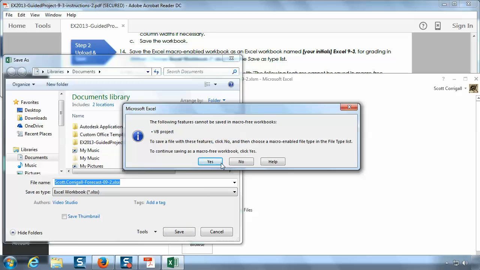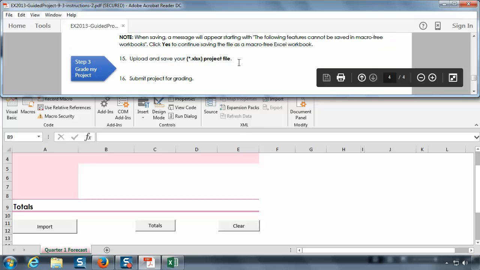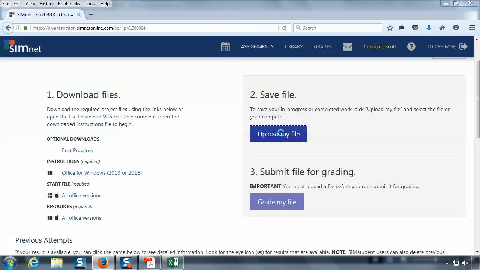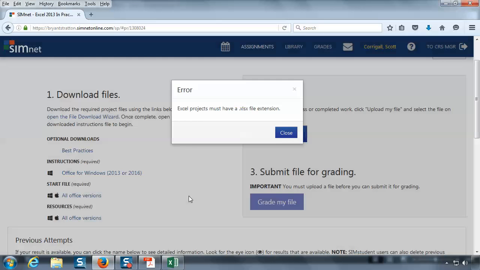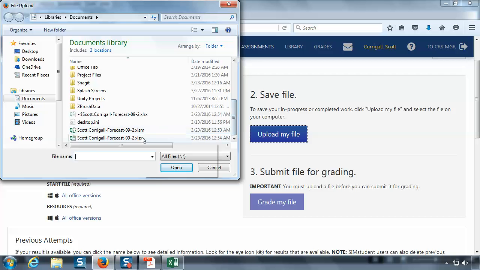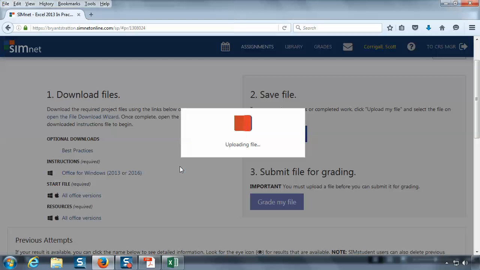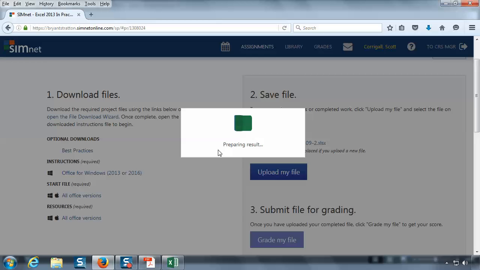So I save it. Gives me a warning that some things can't be done. You just click yes on that. The instructions give you that tip too, to say yes. Now all that's left is uploading and saving. We're done with this project already. I say upload. If I tried to do the XLSM and OK it, it's going to reject it. It says it has to be XLSX. So don't worry about uploading that wrong one. Get the correct one, XLSX. Do open, it's going to upload it. Are you ready to submit? I say yes. And when you prepare the result here, our final grade is